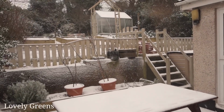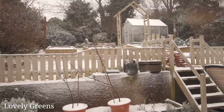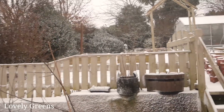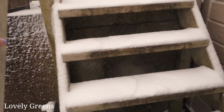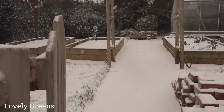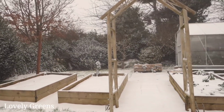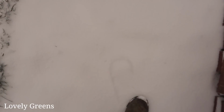I wasn't really expecting us to get this much snow today. I mean, it was in the forecast, but you take that with a pinch of salt, don't you, sometimes? And we don't tend to get very much snow here on the island, just little flurries occasionally in the winter. So this is actually a pleasant surprise. It's not so much that it's really interfering with us, and it should be gone by the end of the day. We'll see. Been out here once already having a look,